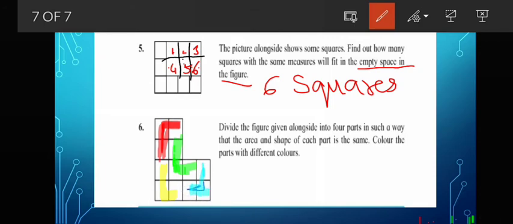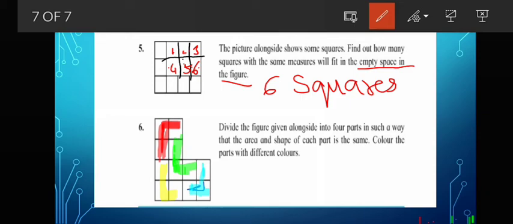So in this way, see, in the first part I have done 1, 2, 3 blocks. It looks like an L. Then the yellow part, 3 blocks I have colored. In the green part again I have colored 3 blocks.